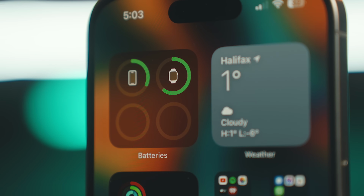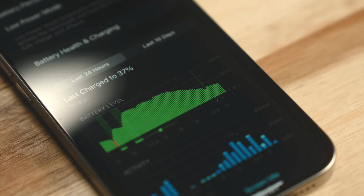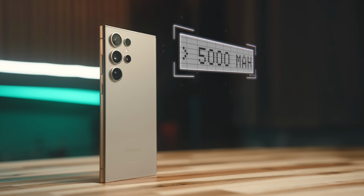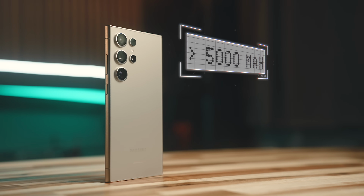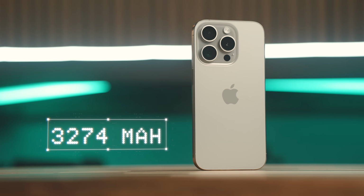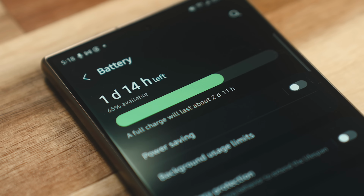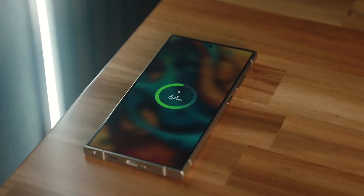pretty big factor in any mobile device is the battery life and how it charges. This is again where size does come into play. The battery in the S24 Ultra is 5,000 milliamp hours, where the iPhone 15 Pro is only 3,274. So they're vastly different. iPhones have historically always had a touch smaller battery size and are better at optimizing it, but where I usually have to charge my iPhone in the evening after a full day's use, the Ultra will still have plenty of life, and I can get somewhere in the neighborhood of 12 to 13 hours of screen on time. When I do charge, it's